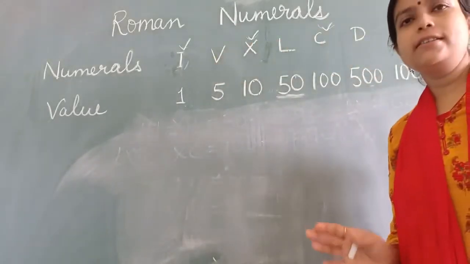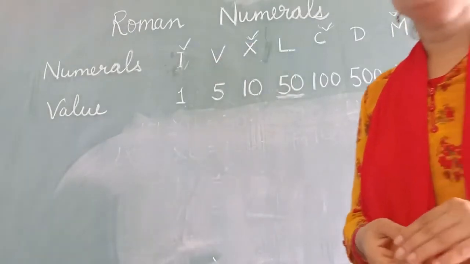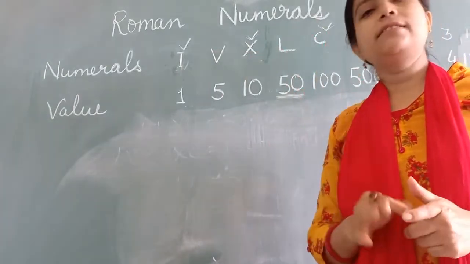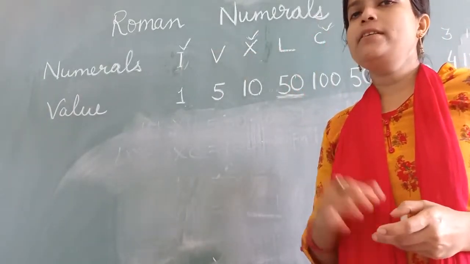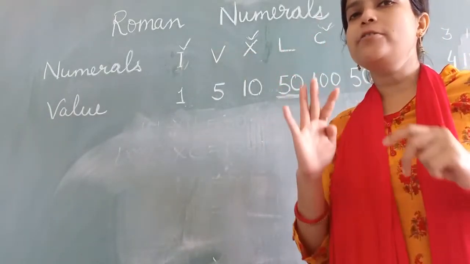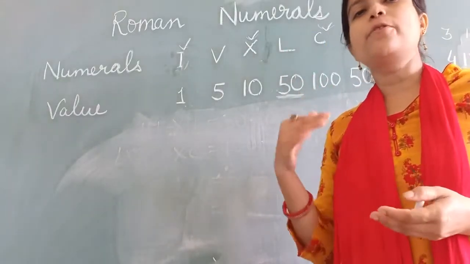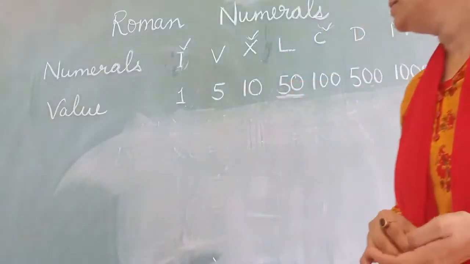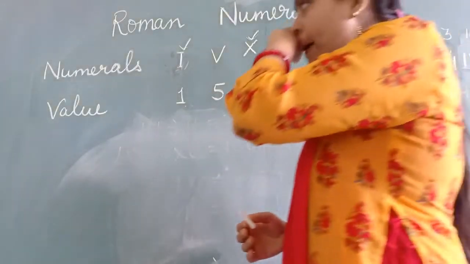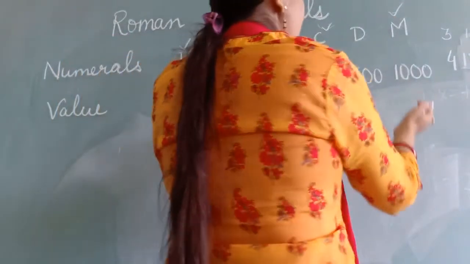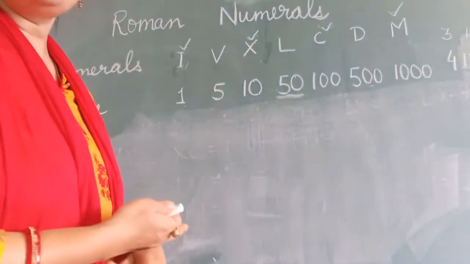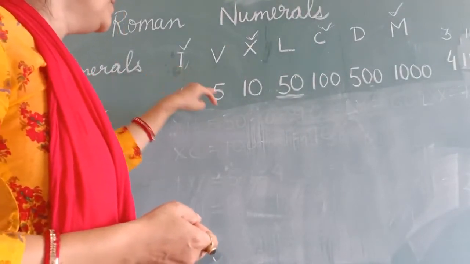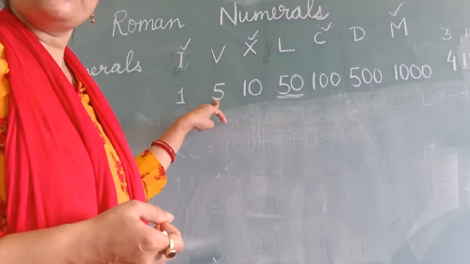Do you understand these things? Now the third rule is that we can repeat these numbers only 3 times, not more than that. So how many times do we repeat? 3 times. It is not allowed to repeat more than that. We can't repeat 4 or 5 times, only 3 times maximum to write any number. Then again, how to write? By adding or subtracting, by some combination we can write another number. For example, when we have to write 4, we subtract 1 from 5, that is 4.